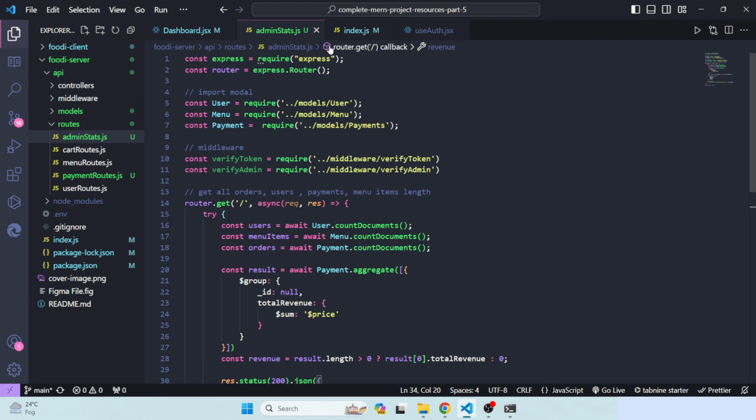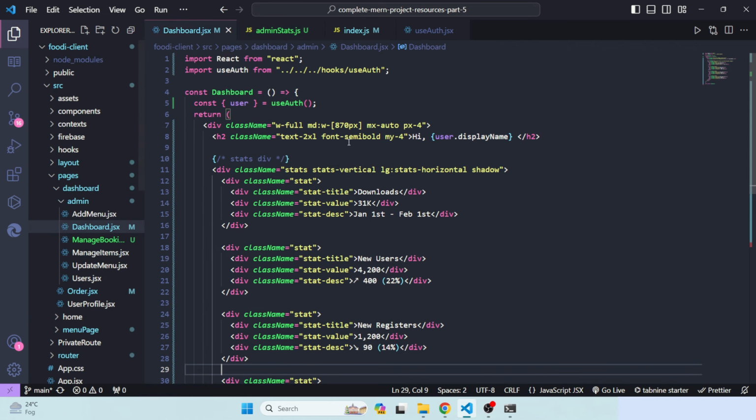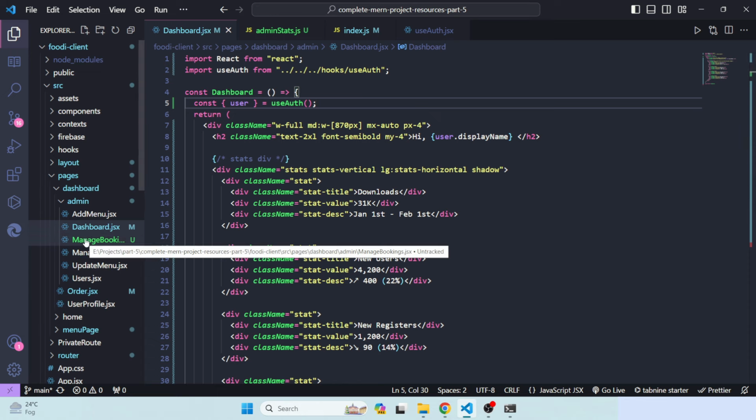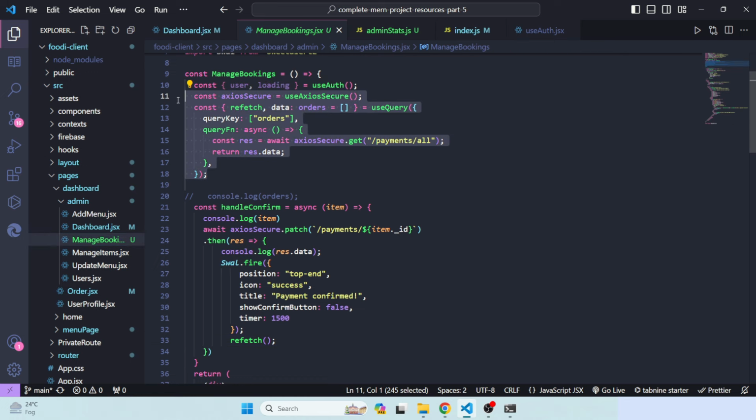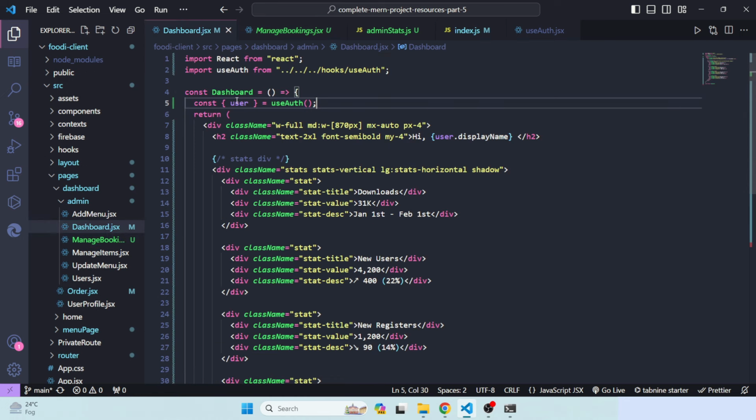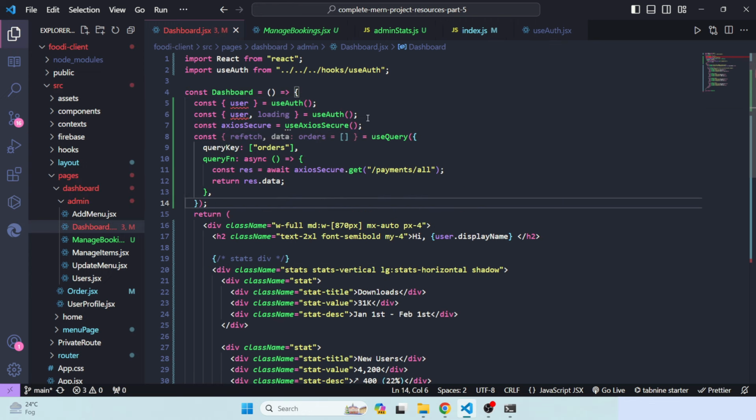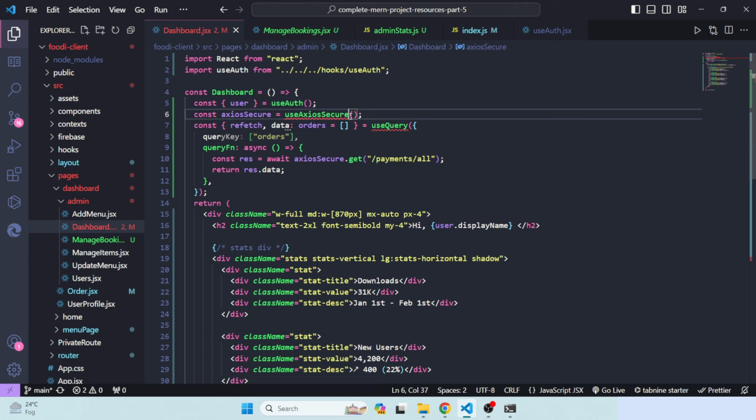To show it, what you have to do, you have to go to the dashboard, and at the beginning here, you have to define the same thing that we did in the manage bookings. You can just do the same thing. You can just call all of the stuff, maybe the auth is there. Let me just do this, and you can just remove that. So we have to import execute secure,